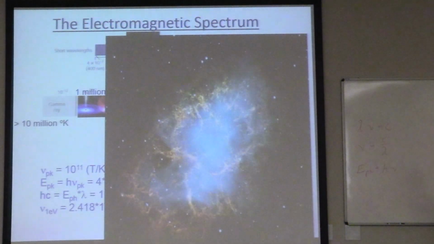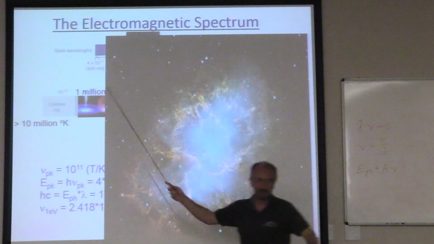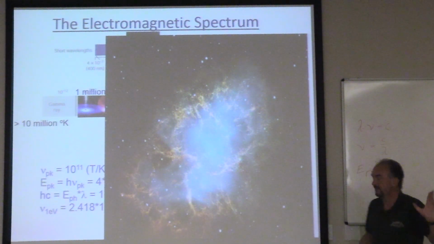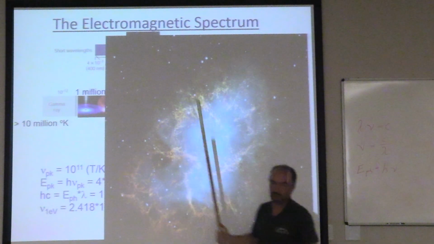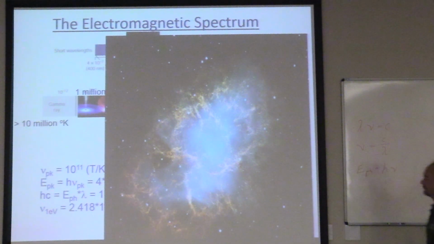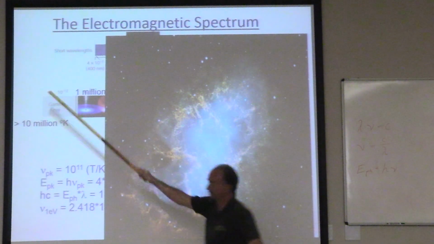And then we can go to even more extreme energies, where again the temperature analogy actually breaks down. There aren't really things that are more than 100 million or billion degrees hot. It's actually other mechanisms that make the radiation. We'll talk about that. But the most energetic, the most violent processes in the universe, those are the ones